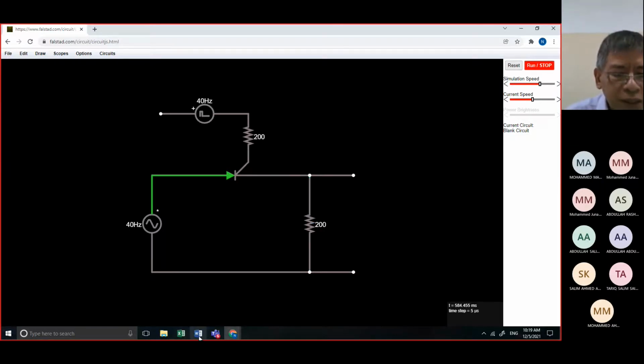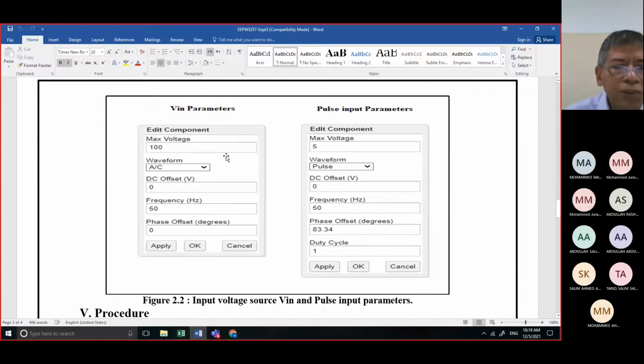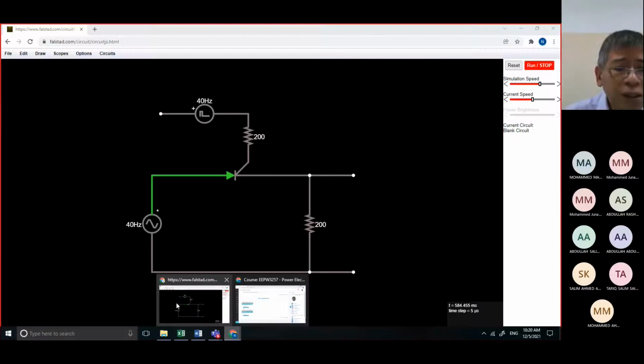Now, what is given here? You need to change the voltage input parameters. Take note about this. It is stated here that you need to edit the maximum voltage to 100 and the frequency to 50. So we will go back to the PULSE studio.